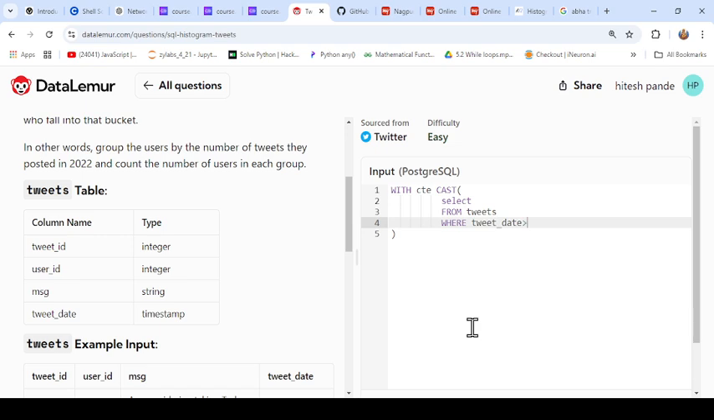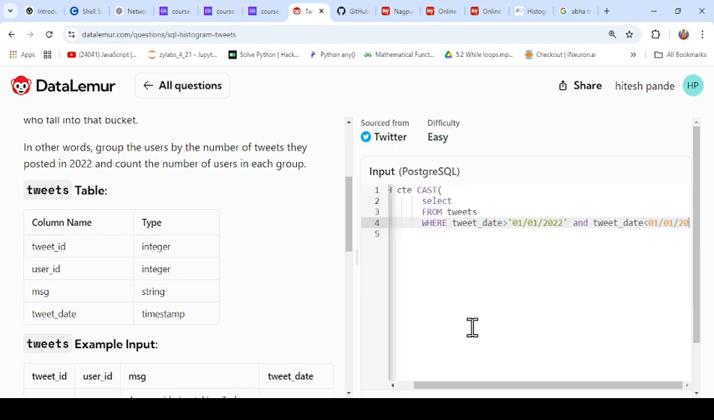Tweet date, we want tweets from the 01, 01, 2022 and in between, and tweet date should be in between this tweet date. So basically we want tweets in between 1st of Jan of 2022 and the next 1st of Jan of 2023,